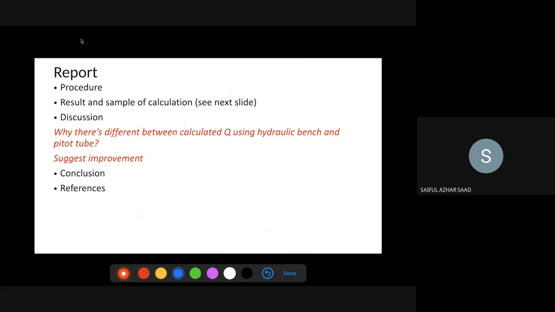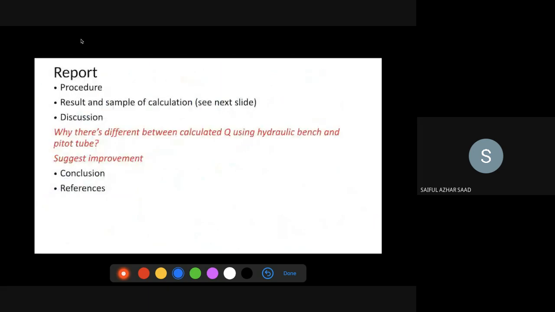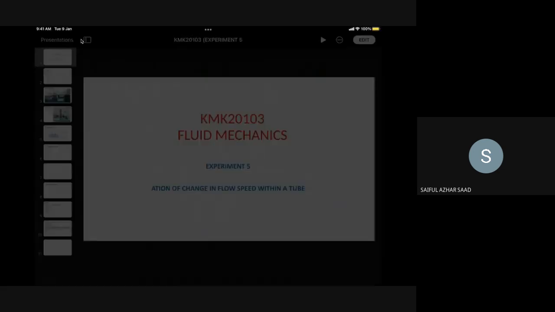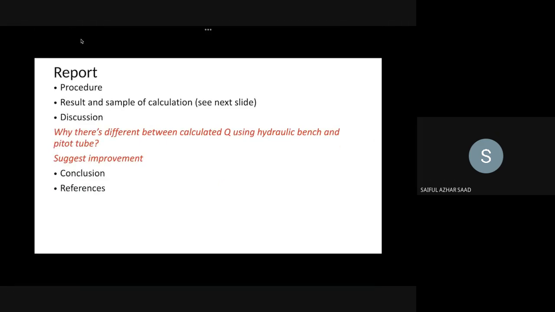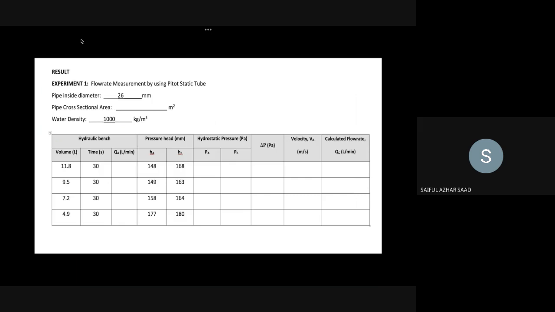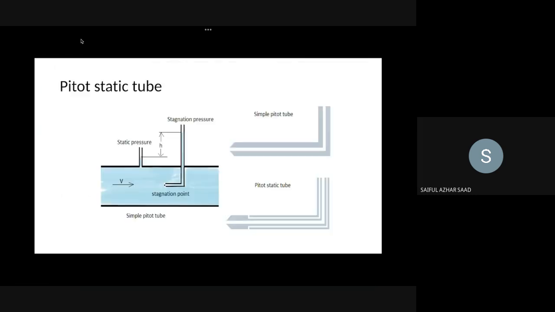And then reports. So of course the reports. How can the report start with the procedures? Hold on, yeah. Oops. Oh, okay. Most probably I already mistakenly deleted the